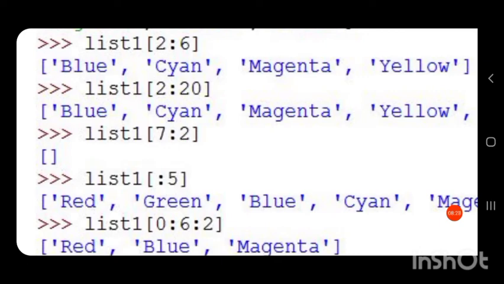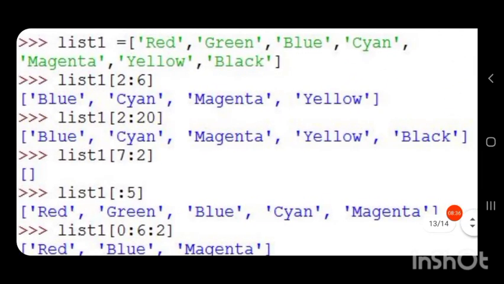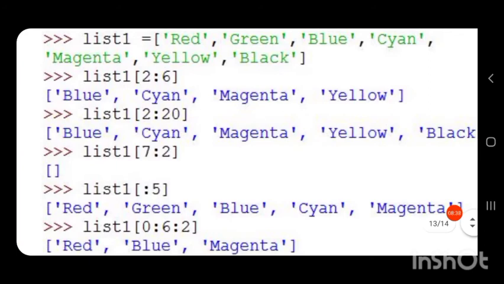That is an out of bound value, a value which is not in our range. In such cases, Python will consider all the elements till the end of the list.